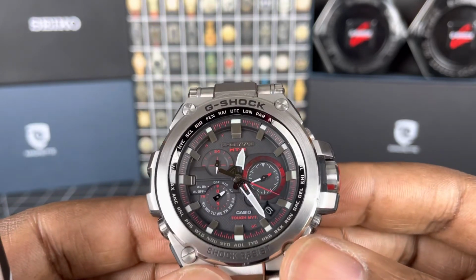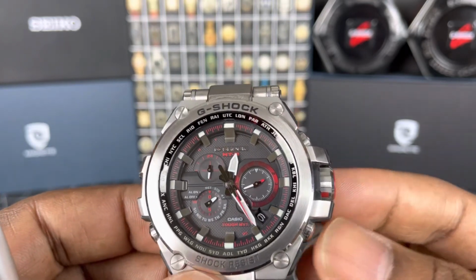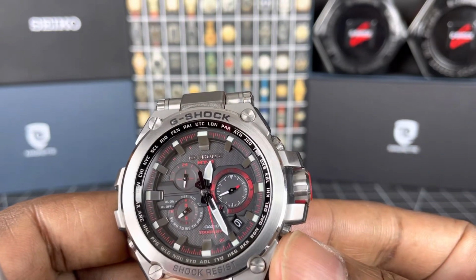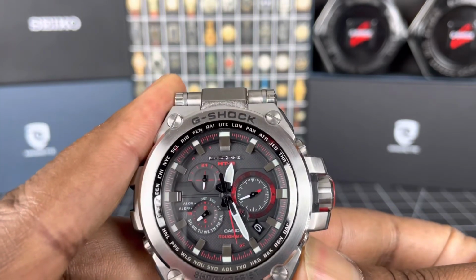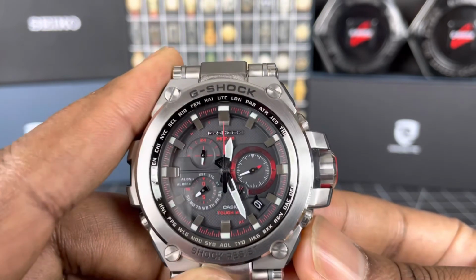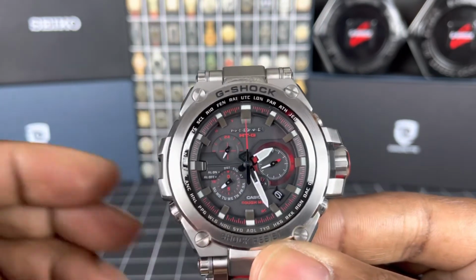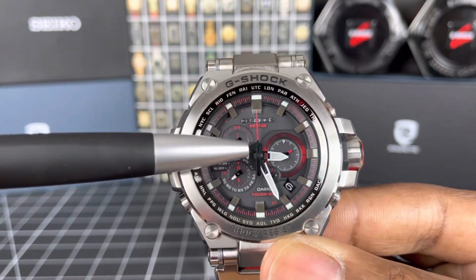So, do a hand reset alignment then, I hear you say. Okay, so with the crown pulled out, so this is how you do the hand reset. Crown pulled out, pressing this button here for 5 seconds, it beeped, and then the second hand immediately goes to